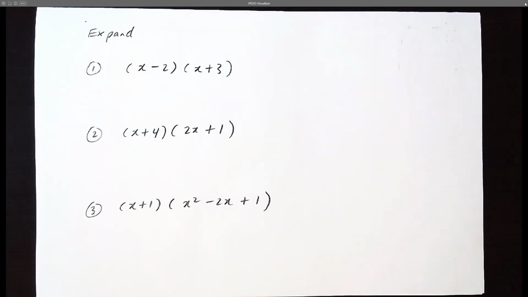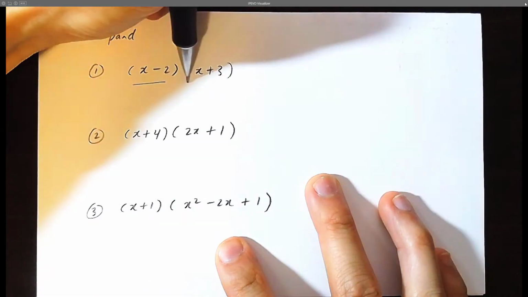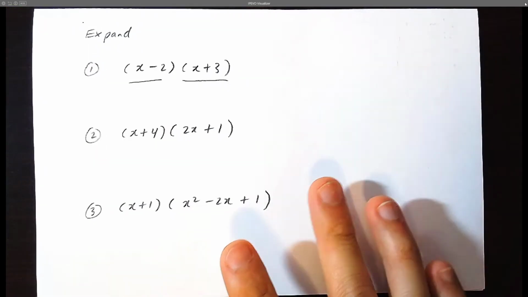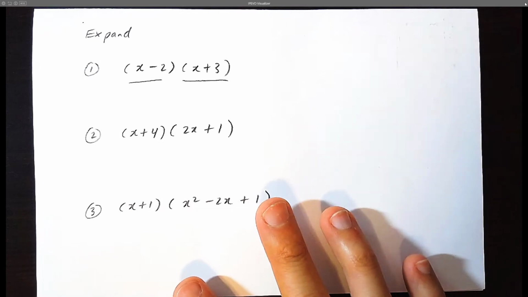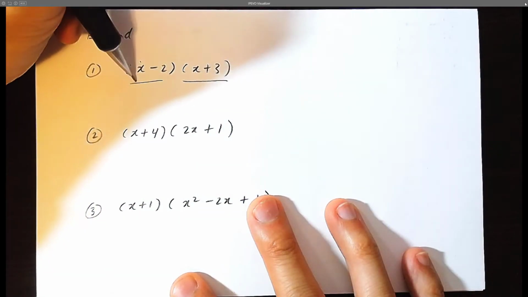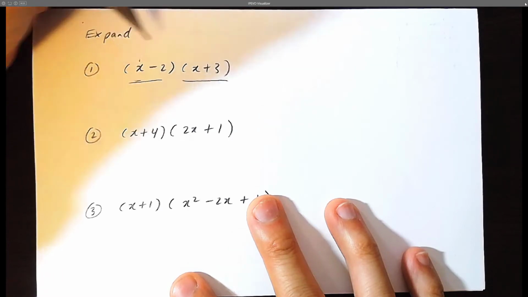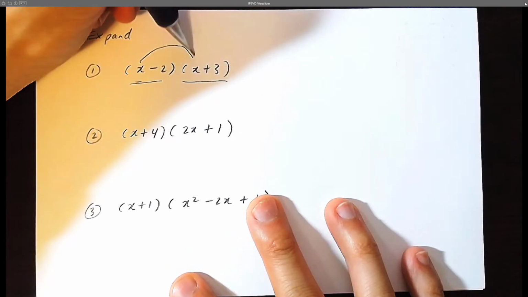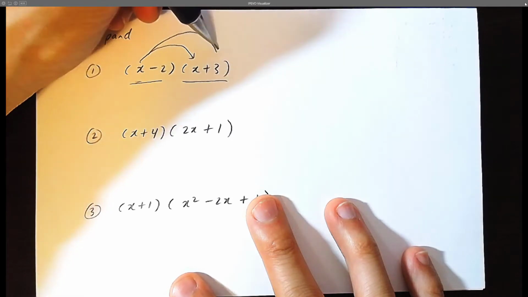Let's expand some more polynomials. Here we have a binomial multiplied by a binomial. Let's focus on distribution. Imagine this is you. You're the first term here. You're the x. And you're going to feed the dog and you're going to feed the cat, as would a